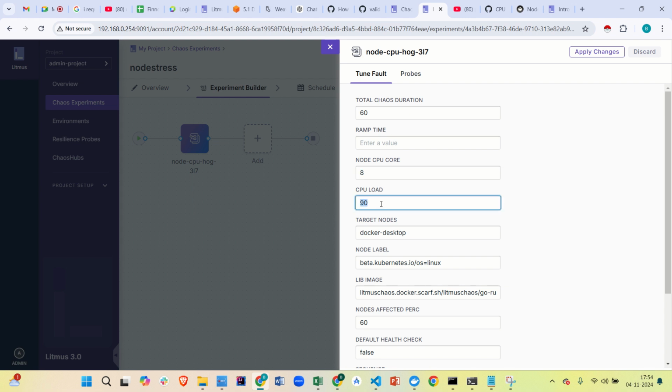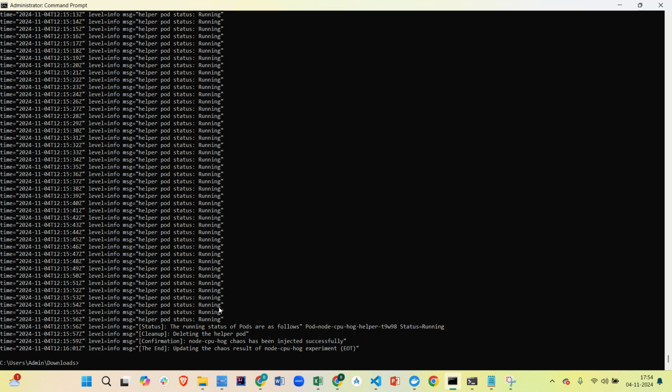And this is the load percentage that you can give. You should not give above 100, because even Litmus gets stuck. I have given 90, so it comes around 800 or so. So this is the main thing. In my case, the targeted node is